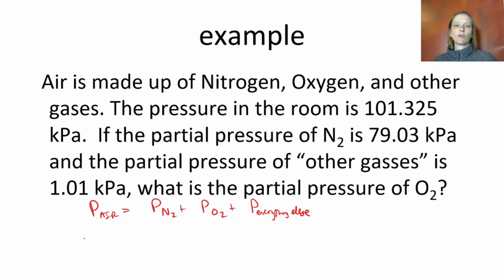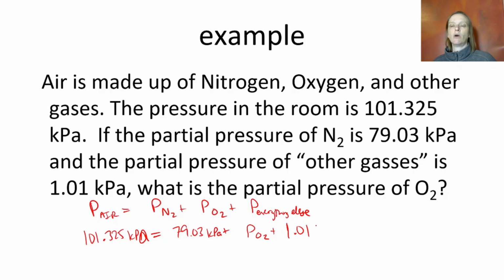We're told that the total pressure is 101.325 kilopascals. That's going to equal our pressure due to nitrogen, which is 79.03 kilopascals. I don't know the pressure due to oxygen, that's what I'm solving for, but I do know that the pressure of everything else is 1.01 kilopascals. Combining like terms, I get 80.04 kilopascals plus my pressure of oxygen